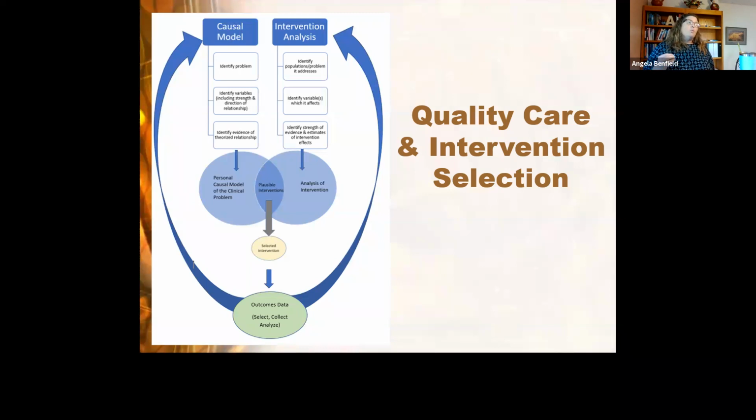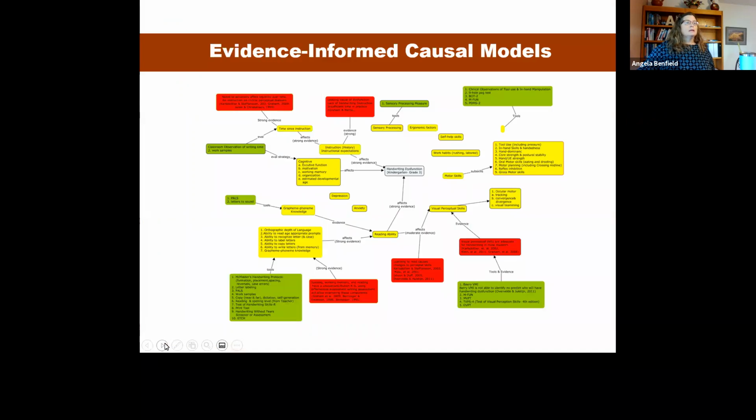Specifically, in this mental model, the evidence-based information actually supports the accurate weighing of the causing, moderating, and no-need-to-think-about factors in the decision-making process. This is an example of an evidence-informed causal model of an occupational therapist. When we look at this, causal models are another word for the mental model, which is used to represent the